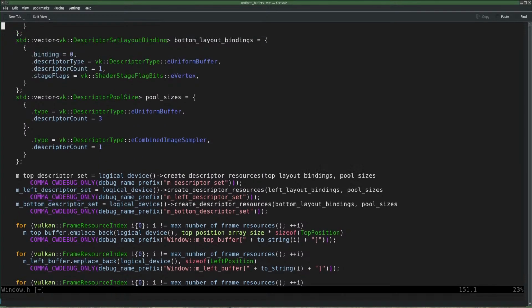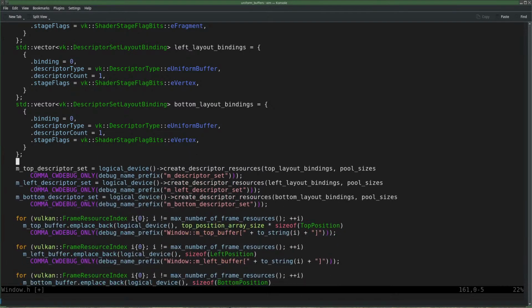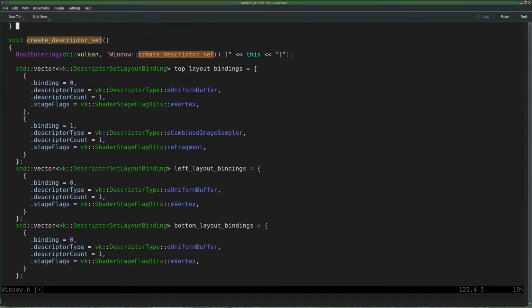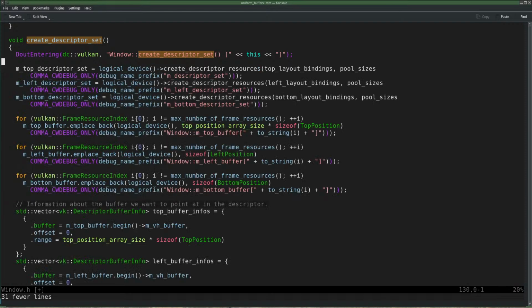The most important thing is that I think I am going to need all of this except the pool sizes. Just going to delete it. No pool sizes. Layout bindings. I have 3 layout bindings. Okay, so let's copy them, I guess. Let's delete them.